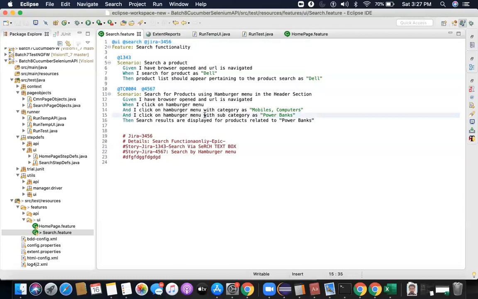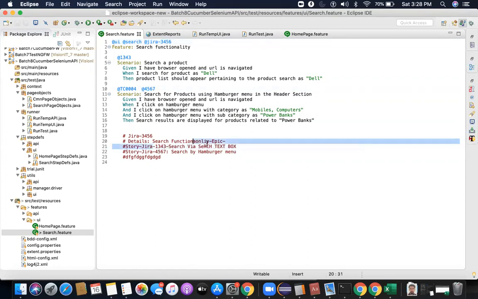So Jira IDs can be assigned. By this example, all I want to explain is Jira IDs can also be used as a tag depending on what that Jira ID is representing. If that Jira ID is representing a full module or a full functionality, it should be tagged at the top, at the feature level. If it is a small functionality which represents a test case, you can tag it here.